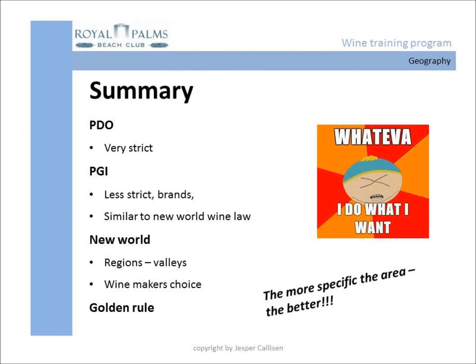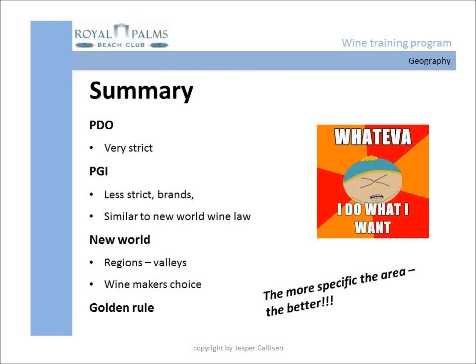In the New World, huge regions can be put on the label, which allows winemakers to blend wines in enormous quantities. This is good when building brands, as it is easy to avoid vintage variations and to have consistent flavor. The better wines come from certain areas, such as valleys, and estates from certain valleys. There is one challenge with New World wine. The challenge is knowing exactly what it will taste like from the information you get on the label.